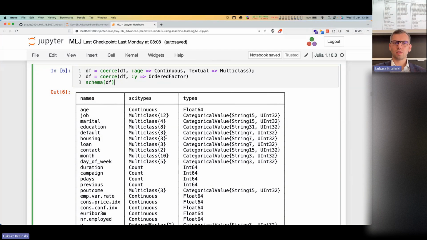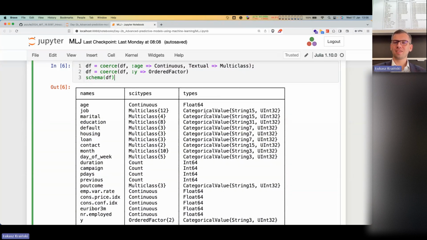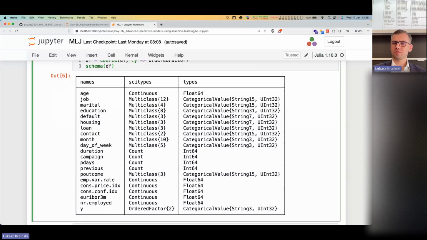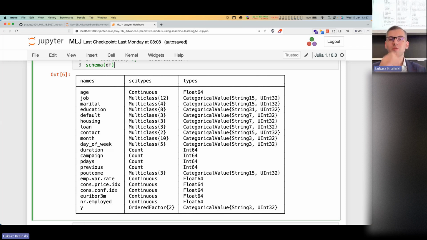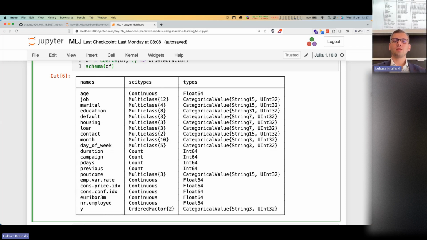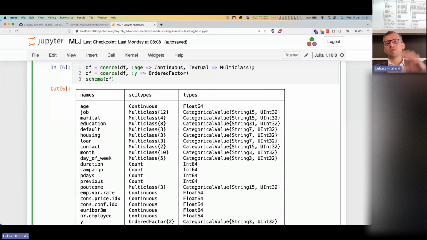So we basically did what we planned to do with the changing. And the interesting part is that not only scientific types were changed, so that's probably where the question came from. Also the data types were changed. You can see we have a lot of categorical values, which is mapping strings to unsigned integers. Let's not get into technical details, but there were more technical details yesterday. But basically, the nice thing is that this is changing scientific types, which helps in reasoning